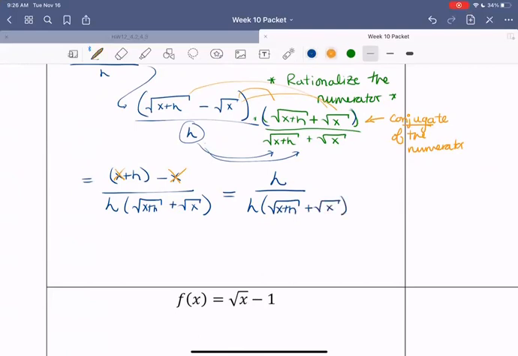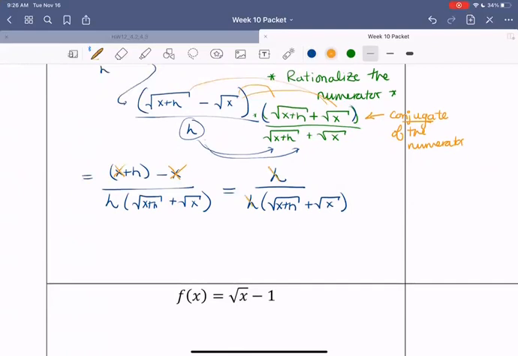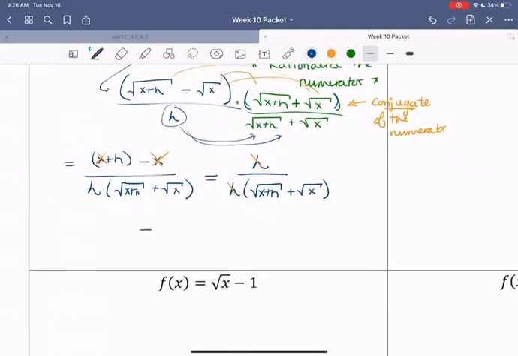Anything else cancels here? Beautiful, that h in the numerator cancels with the h in the denominator. So we are just left with 1 over root x plus h plus root x. Can we do any more simplifying? Nope, not at this point. So our final answer is this